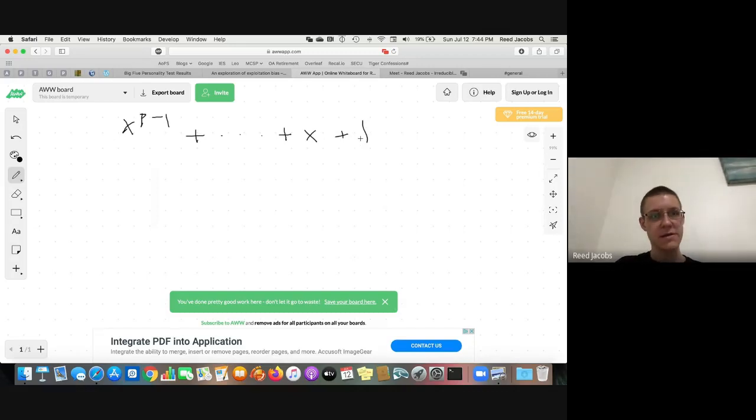So our polynomial is x to the p minus 1, where every power of x from p minus 1 to 0 occurs and all the coefficients are plus 1. Now, this is a geometric series in x, so we can sum it, and using the formula for a geometric series, we get that this polynomial is equal to x to the p minus 1 over x minus 1. And so if we translate x by 1, i.e. let x equal y plus 1, then we'll see what we get when we plug y plus 1 into here. So this becomes